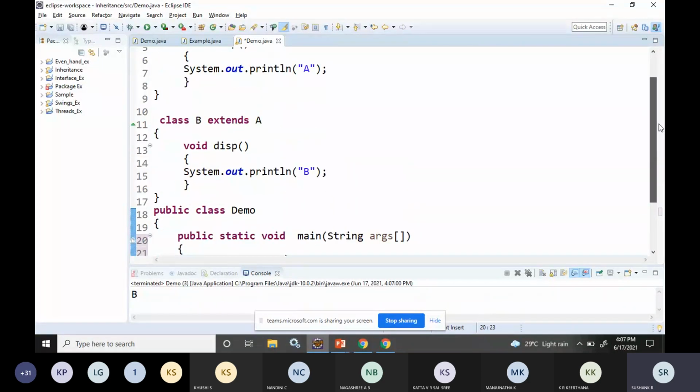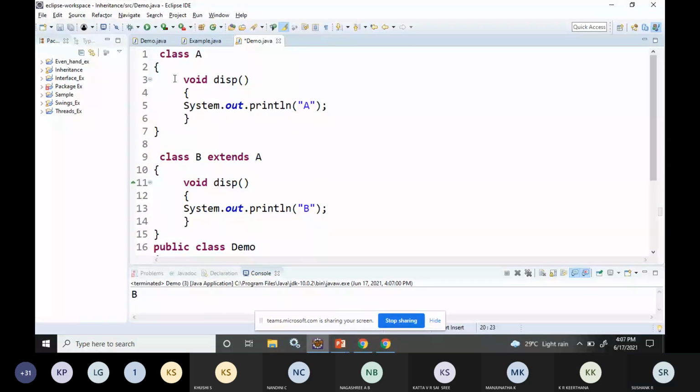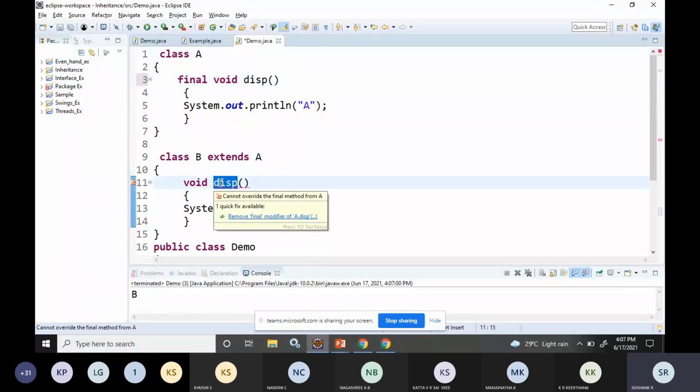Now if I make a method final, I cannot make any changes to this display function. The function which is there in the base class cannot be overridden in the subclass.